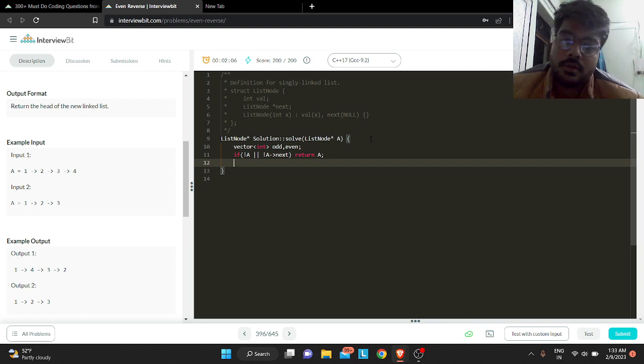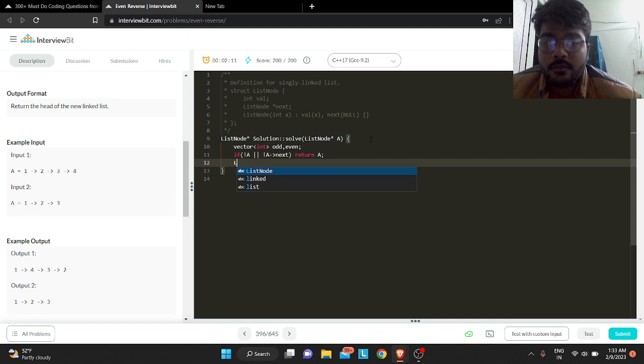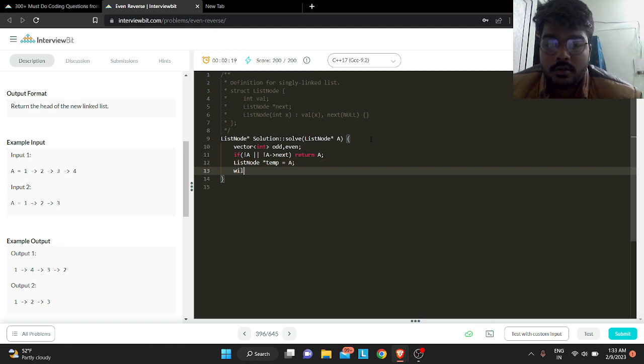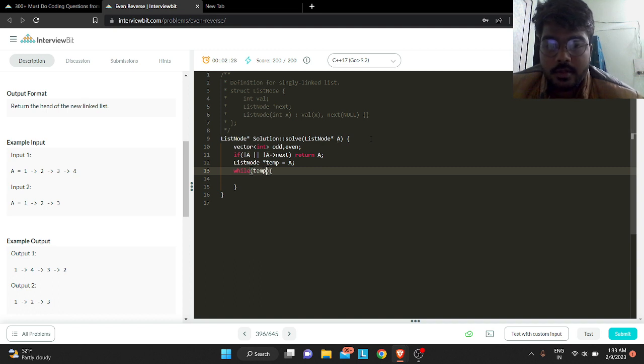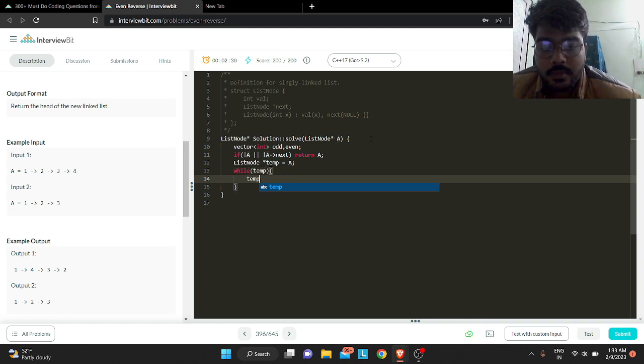And if it is not, then what we can do is maintain a temporary pointer that's pointing currently to A, and while temp, what we can do is